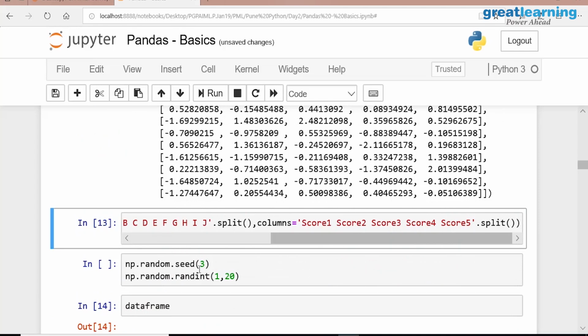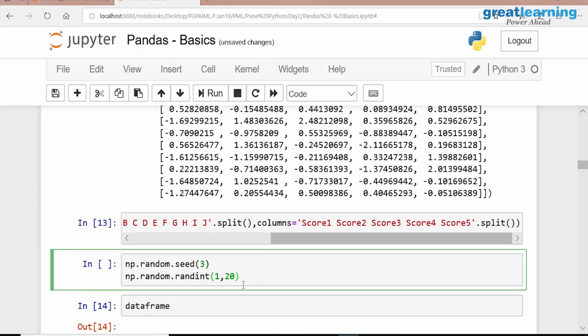If you use the same seed, you will get the same randomness. Example, I will show you here.